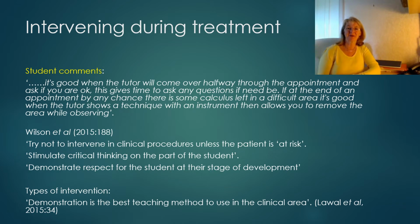So when and how do we intervene during treatment? Well, obviously, if we're getting a little bit anxious, it doesn't matter what member of clinical staff you are. If you're getting anxious about the treatment that a patient's receiving, you do have to intervene. There are skills in doing this. I think that students shouldn't be given a fright. Sometimes you want to jump in so much that the students actually think, oh my goodness, what have I done? But there are skills in this, and I think this is something that needs to be practiced